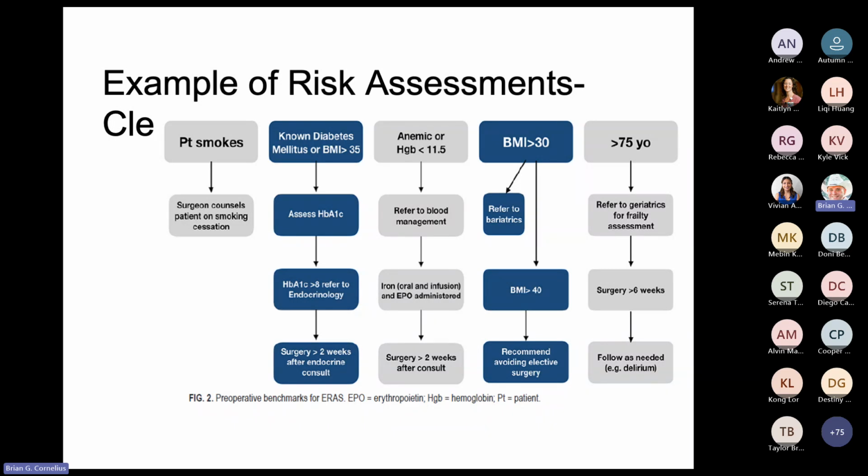So if you got somebody that smokes, we have to tell them to quit smoking. We have to document whether they listened. If you have somebody that's diabetic, we touched on that. If you have somebody that has existing anemia, see if we can do something ahead of time. Can we get them oral iron or EPO? If it's a little bit further out, we can come back and evaluate whether that improved things, because we may